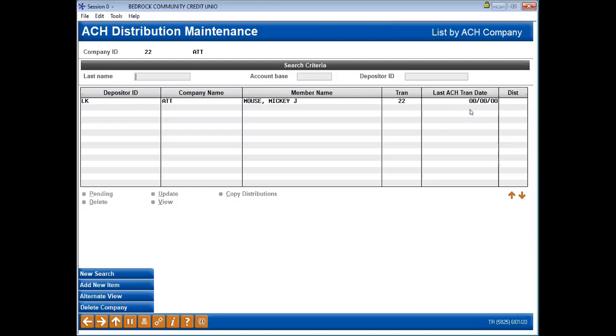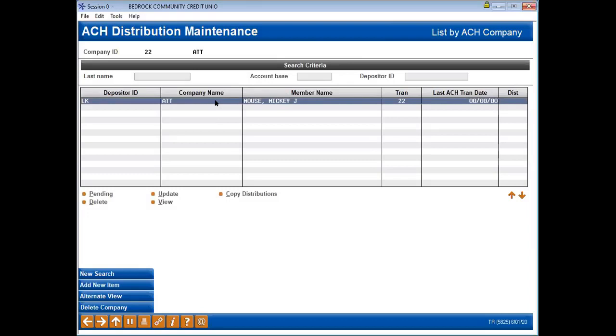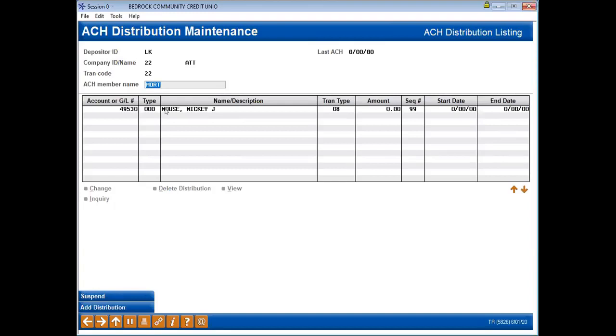So this last ACH tran date being all zeros means that the record has been established, but no items have technically been posted for that record. If I wanted to prevent somebody from having the ability to receive a deposit here, I could simply choose update